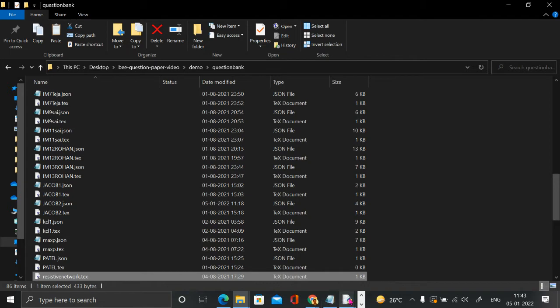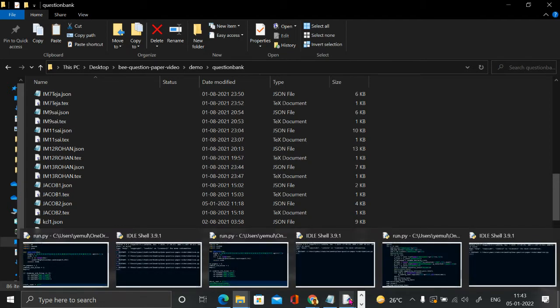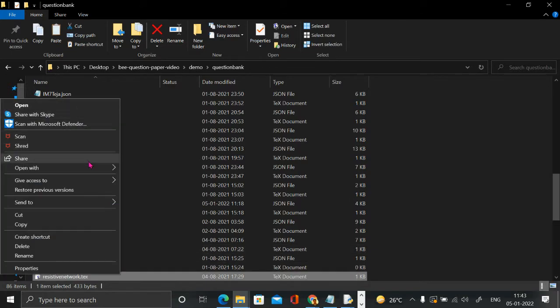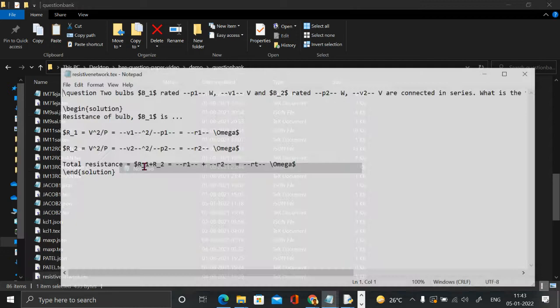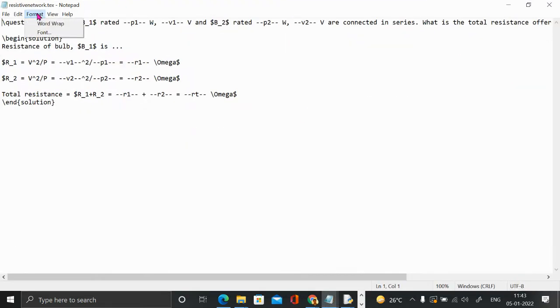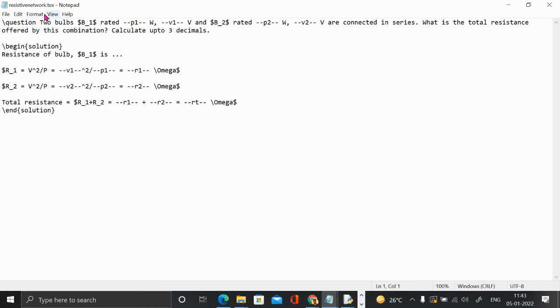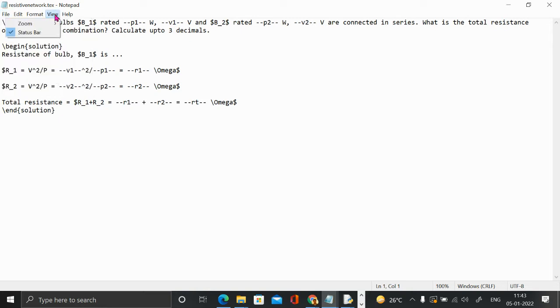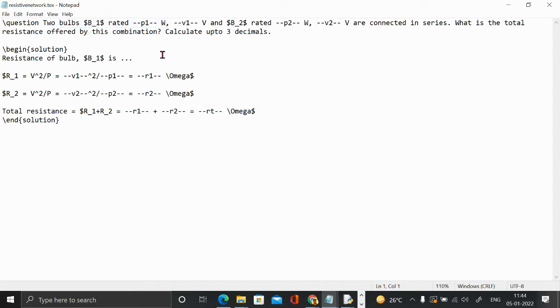I can open it in any editor, but it looks like it got opened here. Okay, I'll just open with Notepad. Maybe I increase the zoom.